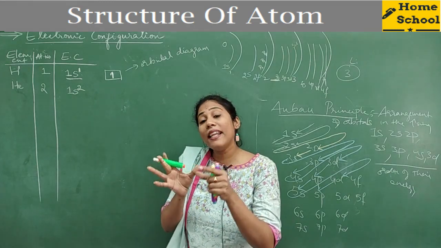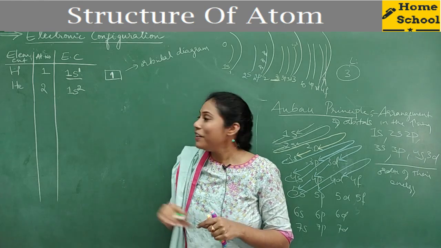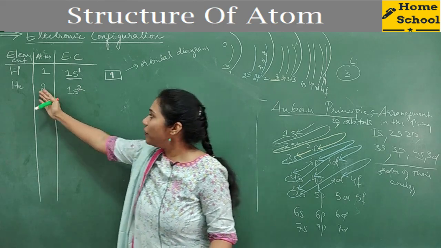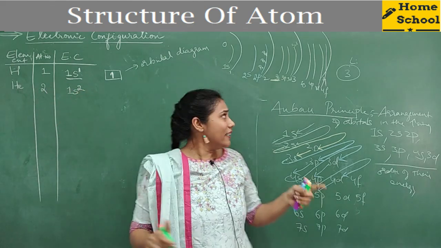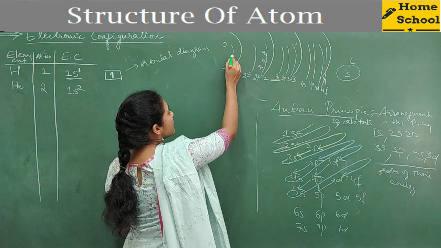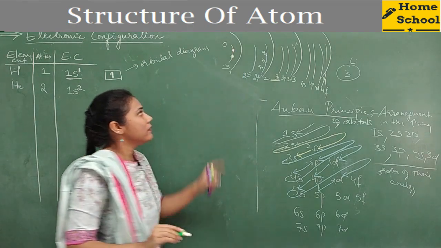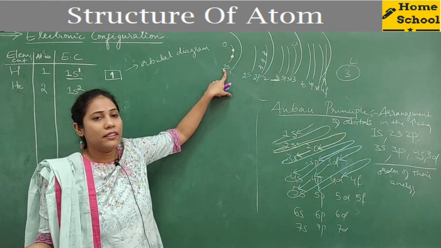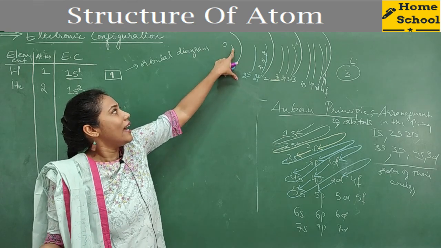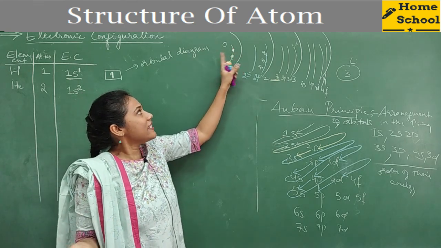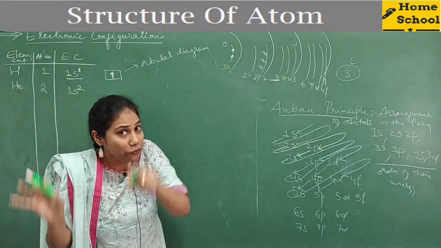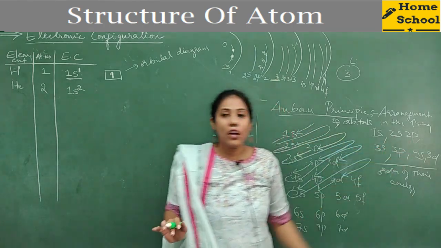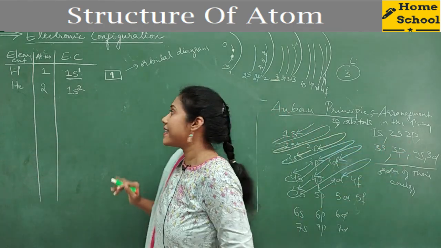Each orbital has a place for 2 electrons, I said, no? So you can fill this particular subshell with at most 2 electrons. Both electrons are happily present in this 1s orbital. The 1s subshell has only one orbital, so I am calling it an orbital only, right? So the 1s orbital has 2 electrons. Now this has no place left, right? The third electron, if present, cannot stay in this orbital. It has to go to the 2s orbital. We will see that in the next element.